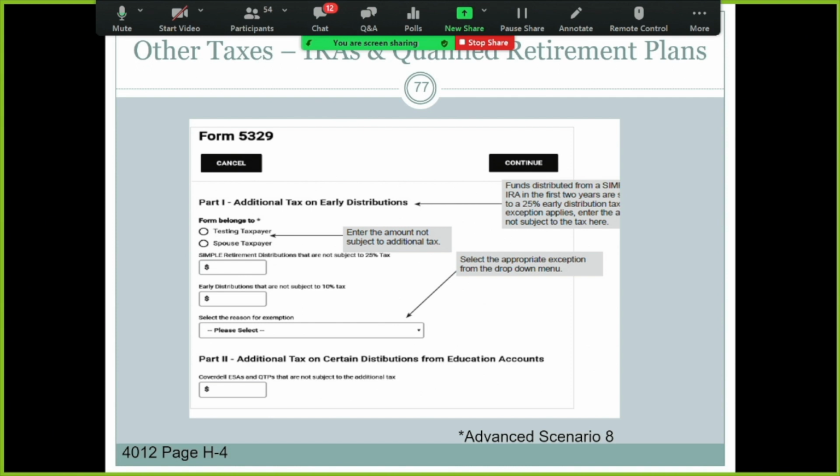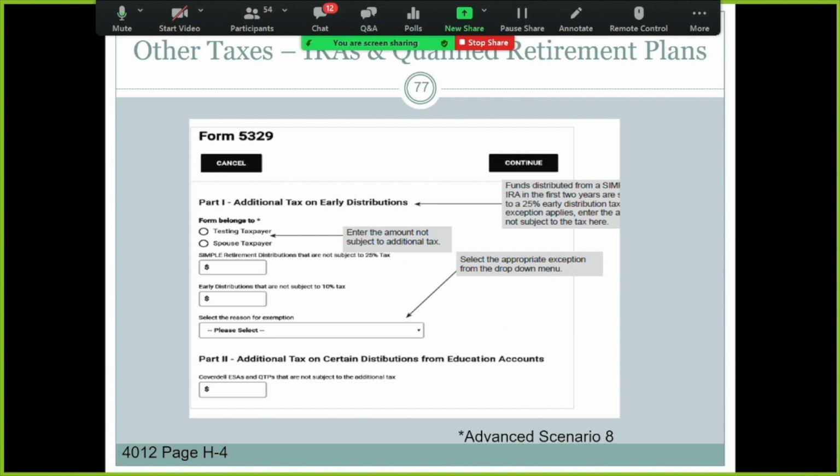And so where do we need to go and enter this in if there is an exception? Once we enter in the 1099-R on the income side and it has code 1, TaxSlayer already picks up that code 1 and automatically will apply that 10% penalty to the tax return. It's already going to fill it in on the other taxes on the schedule for us. But if there is an exception that applies, then we need to go into TaxSlayer and go to where it has the other taxes section. And we're going to look for the form